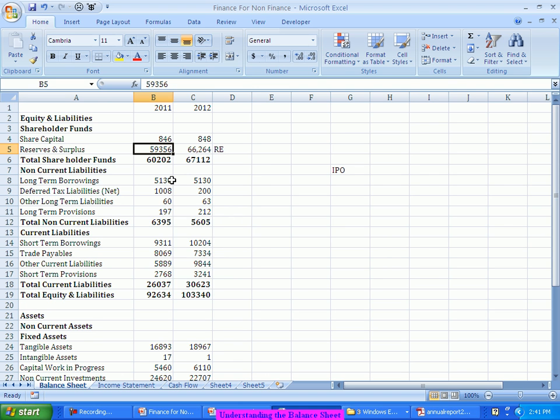And after that, every year, the company is generating some profit, retaining some profit. That retained profit is getting added up here. It is reserves and surplus. It keeps